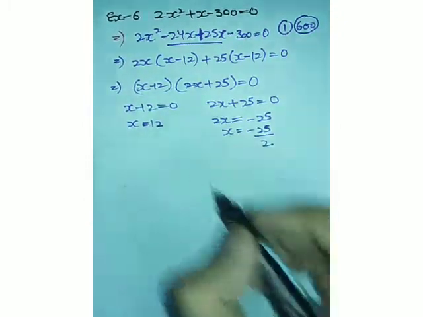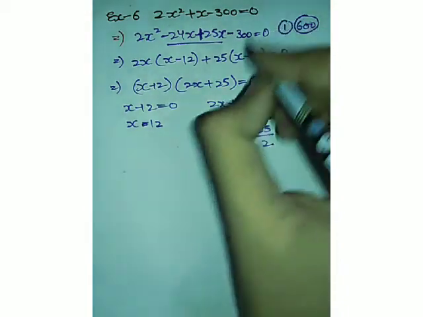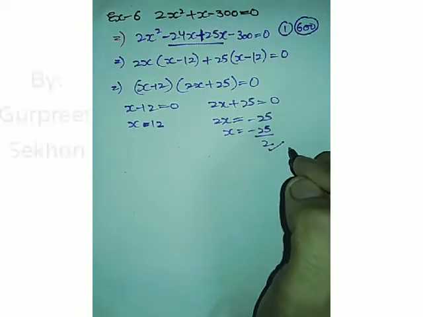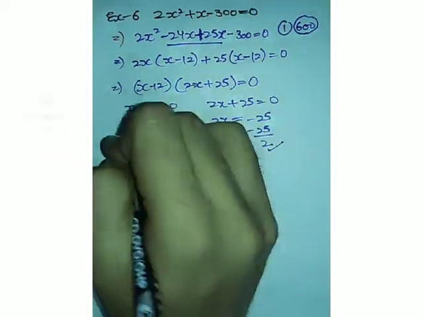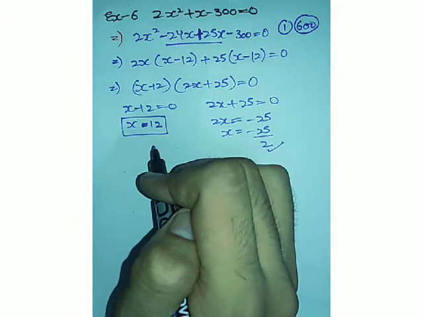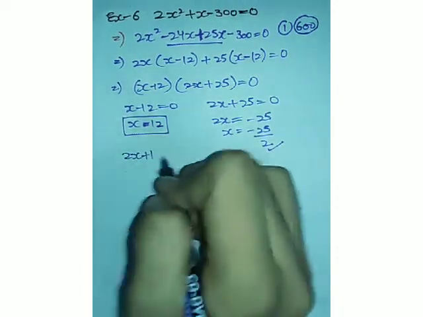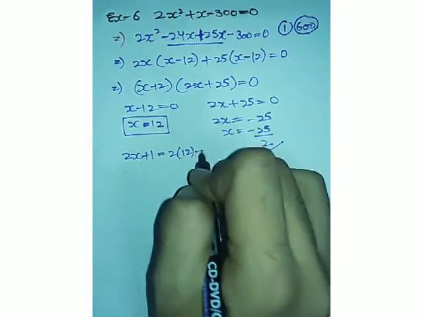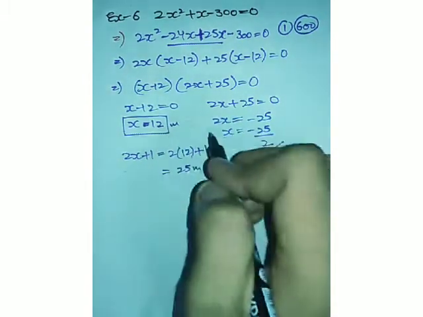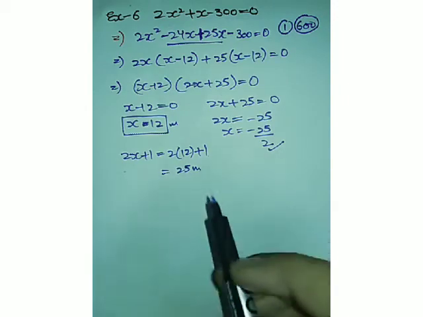Now let's revise or remind ourselves what I have said at the starting of the video, that we have to find the dimensions of a prayer hall. Dimensions means length and breadth, so length and breadth cannot be negative at all. So this means this is our answer. And if this is the breadth as it's given in the equation, then its length was coming out to be 2x plus 1. So it will become 2 multiplied by 12 plus 1, it will become 25 meter. So breadth is 12 meter and length is 25 meter according to the equation. You can read the statement.